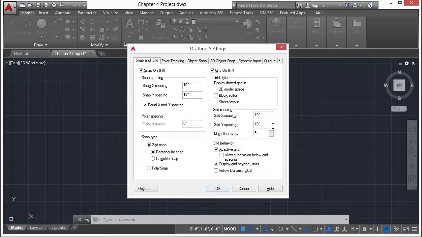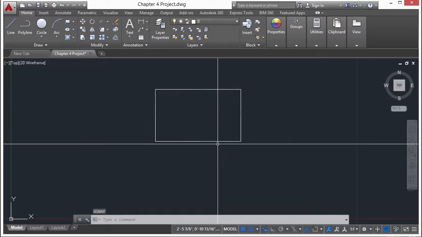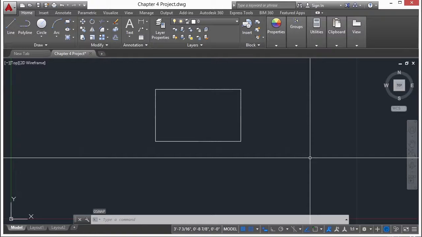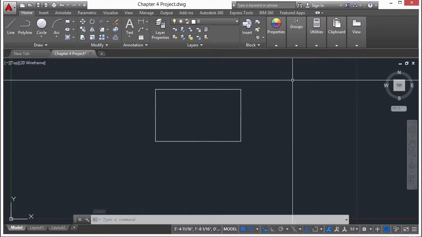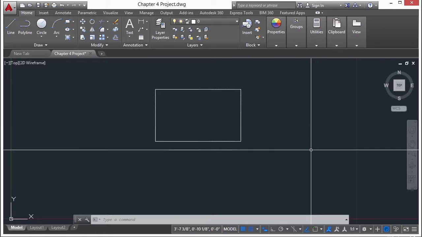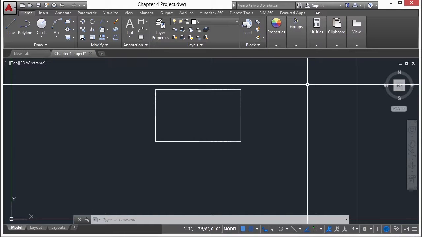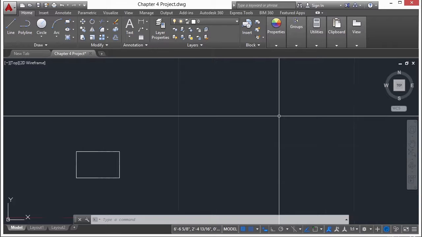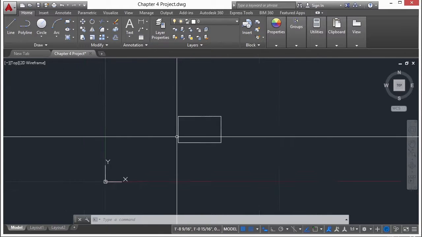Now we have 10 and 10 throughout. Make sure your other settings match. Click OK. Now you'll see our grid has visually changed. Our grid reflects that every line is 10 units away or some factor of that. As we zoom in and out, you'll see that they get a little bigger or smaller, but they're